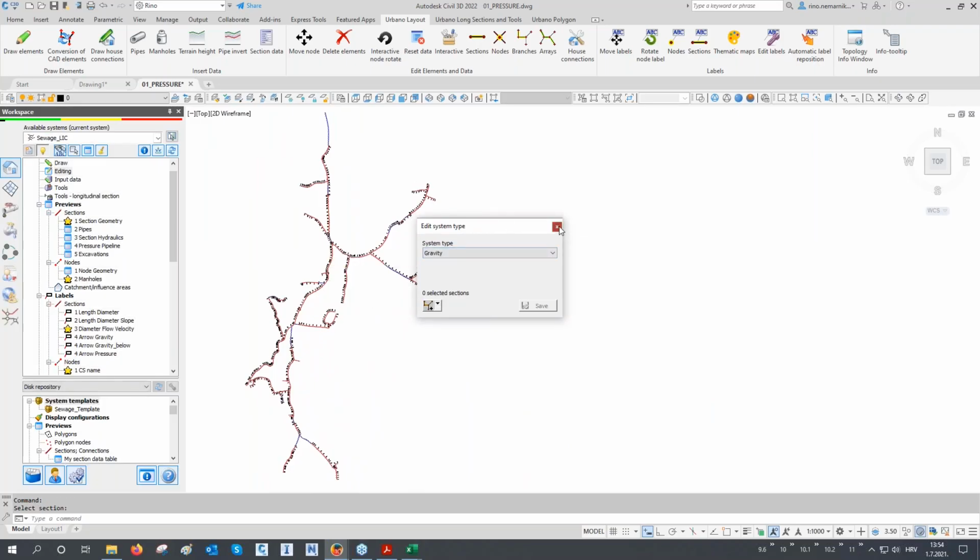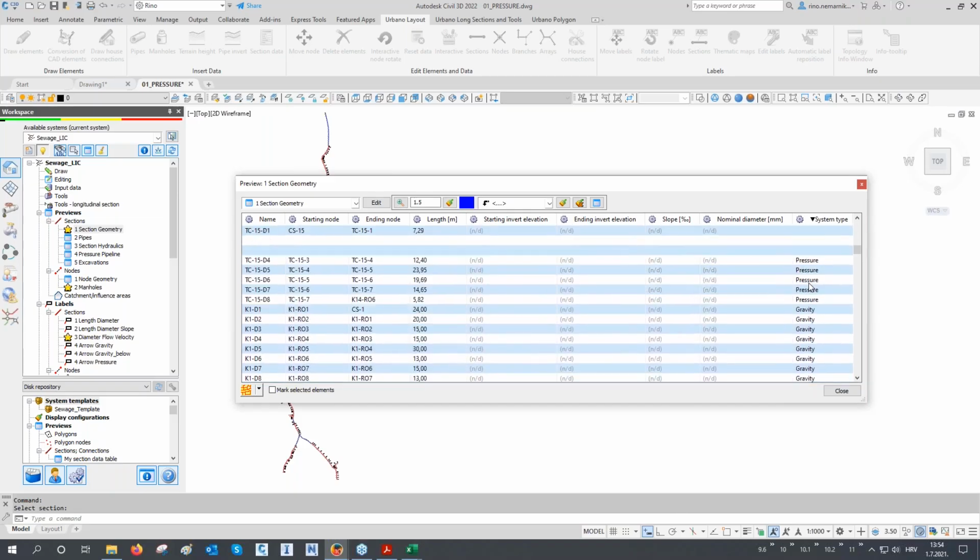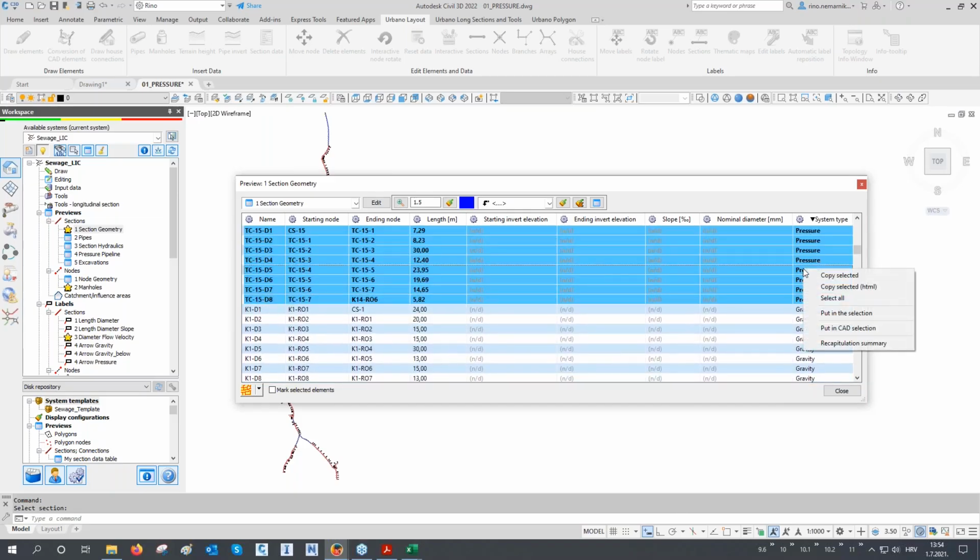Okay, so that's it. I already did this, so we can go to our data table, and we can check which parts of the system are gravity and which parts are pressure. Also, what I did in this drawing, I used something that is called saved selection sets. We didn't talk about this, but I will show you how they can be created. So you can, for example, assign this data, gravity or pressure or anything else. And for example, I will select all the data that are pressure,